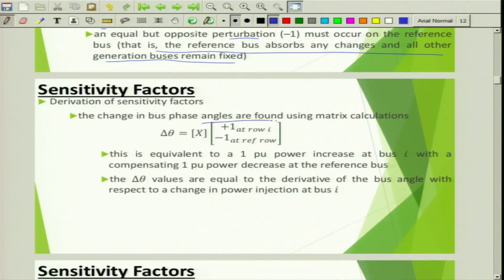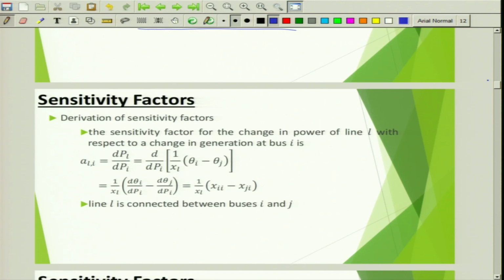The change in bus phase angles is found using matrix calculations. Delta theta is equal to x into +1 at row I, where the perturbation starts, and -1 at the reference row, and the rest of the buses are just 0, no change. This is equivalent to a 1 per unit power increase at bus I with a compensating 1 per unit power decrease at the reference bus. The delta theta values are equal to the derivatives of the bus angle with respect to the change in power injection at bus I. Now the sensitivity factor for the change in power flow of line L with respect to the change in power injection at bus I is